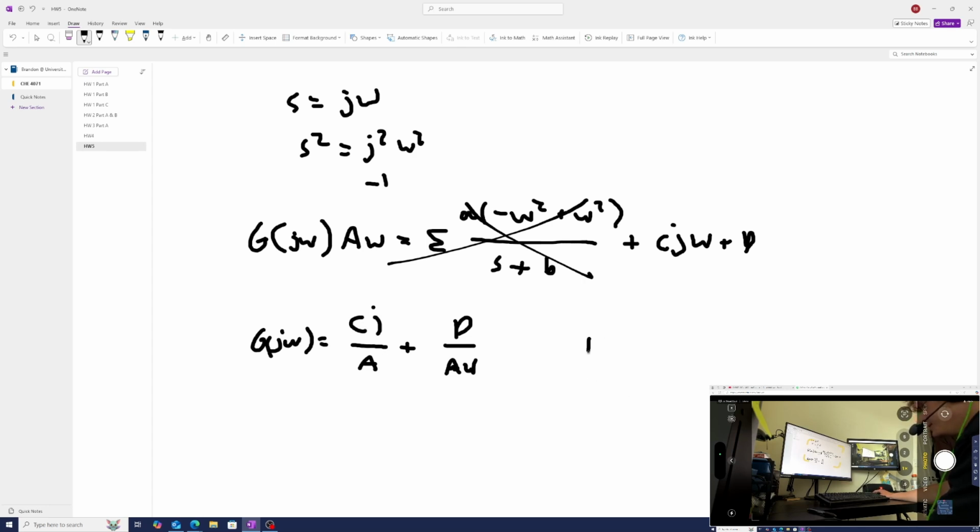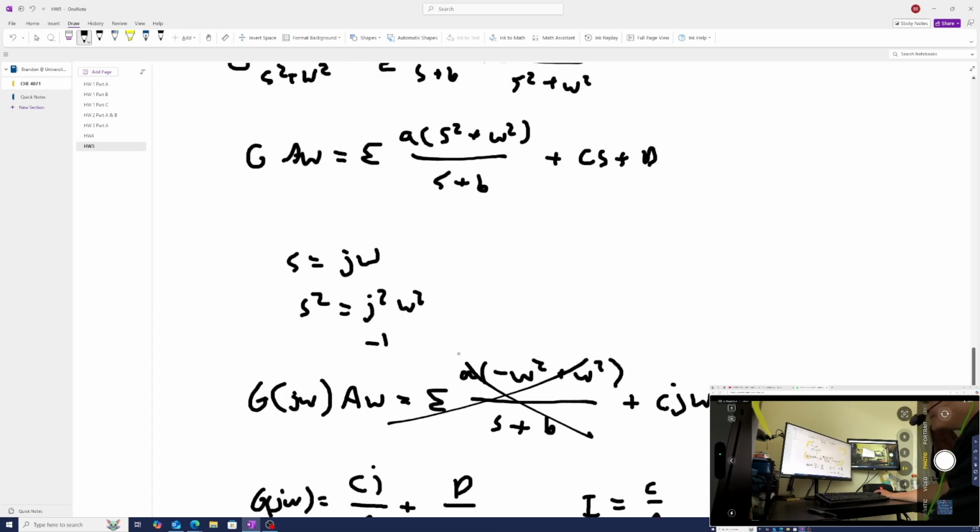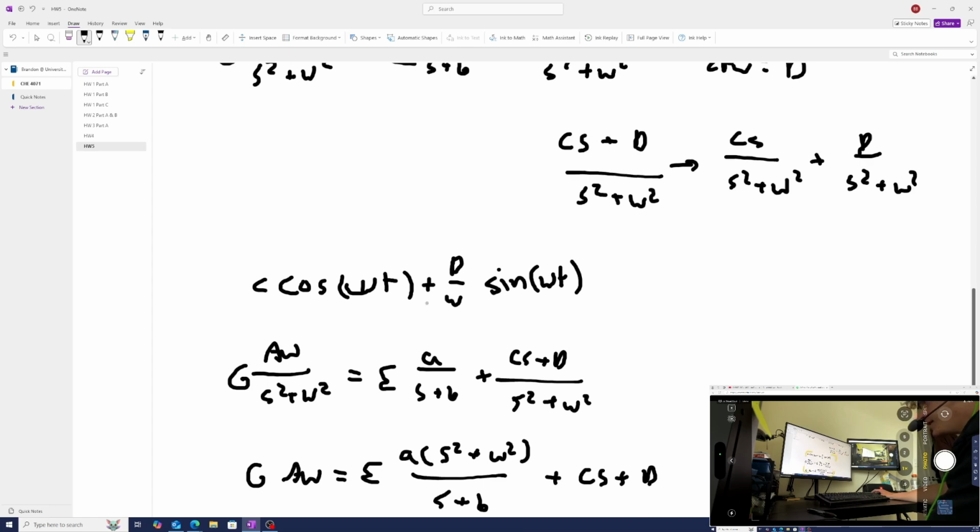So I is equal to C over A, and our real part, which are all numbers, R will be equal to D over A omega. So what we can see here is that our C would be equal to I A, and our D over omega is equal to R times A,